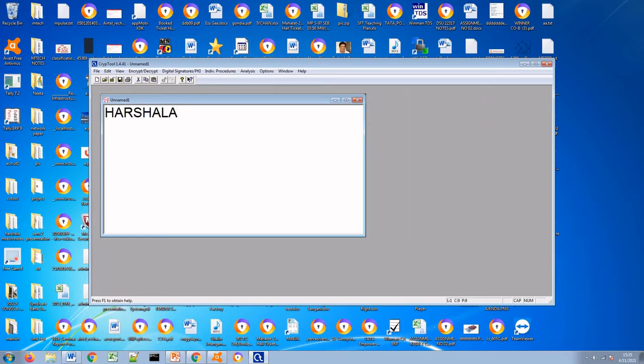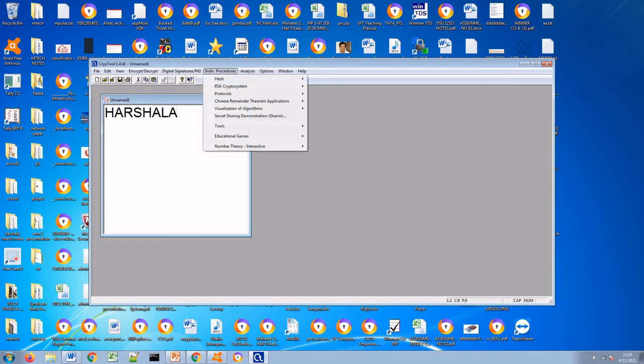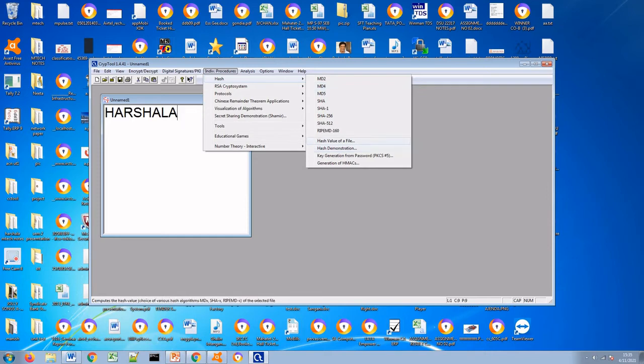Now I will calculate the hash of this message. Go to Individual Procedures, go to Hash, and select any algorithm that you want to use for the hashing.